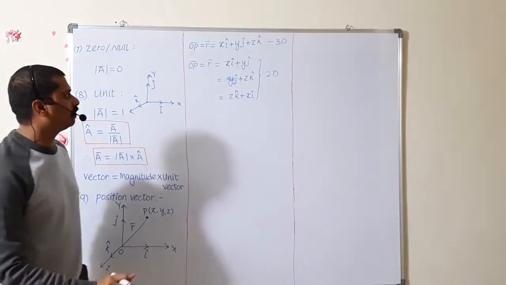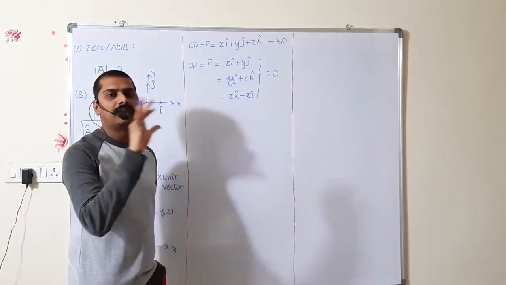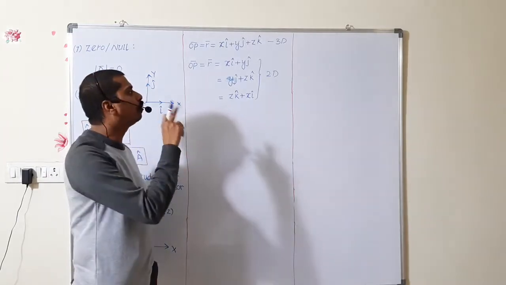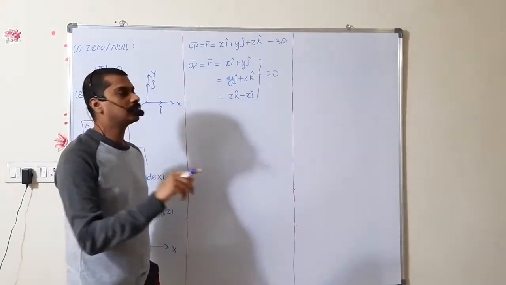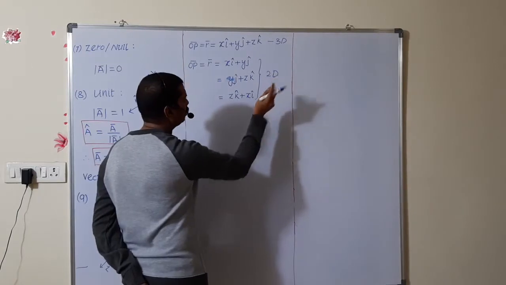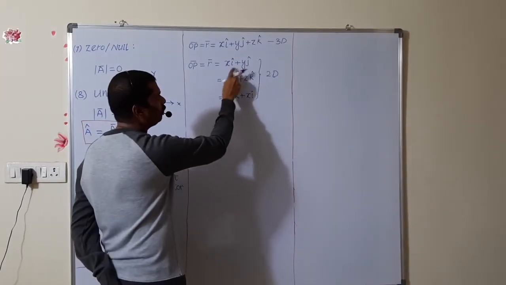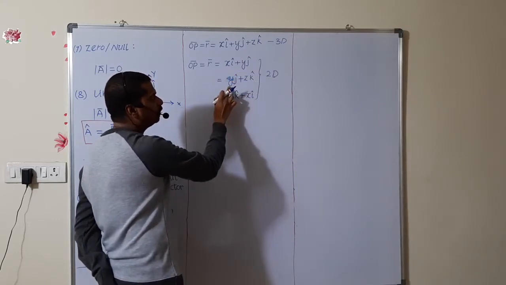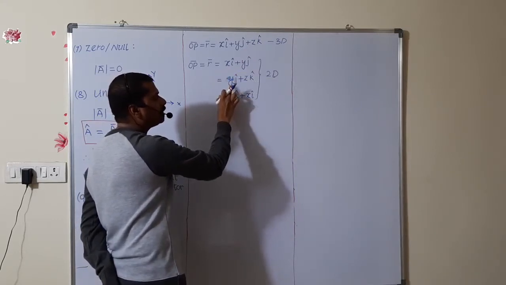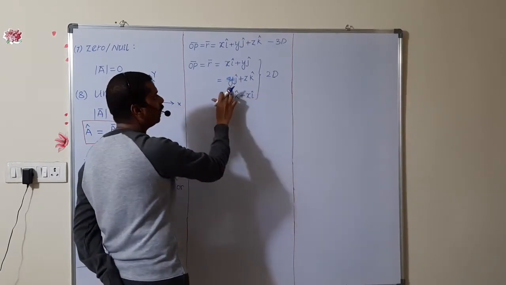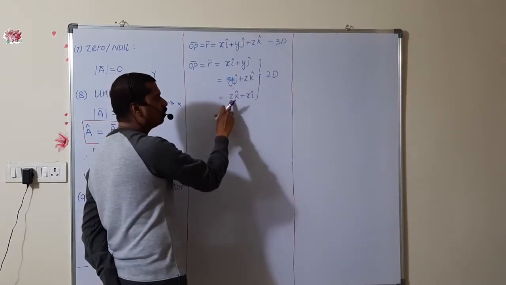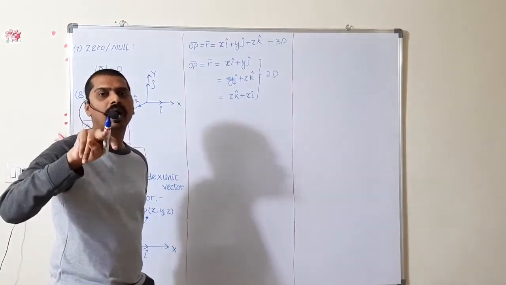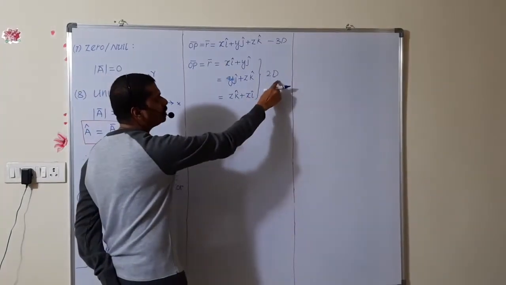What is the definition of two-dimensional? Out of three axes, the particle changes position along any two axes. That motion is called two-dimensional motion. With x i and y j, the motion is along the x-axis and y-axis. With y and z, the particle changes position along the y-axis and z-axis. Similarly z-axis and x-axis. Out of three axes, the motion is along any two axes. That motion is called two-dimensional motion.